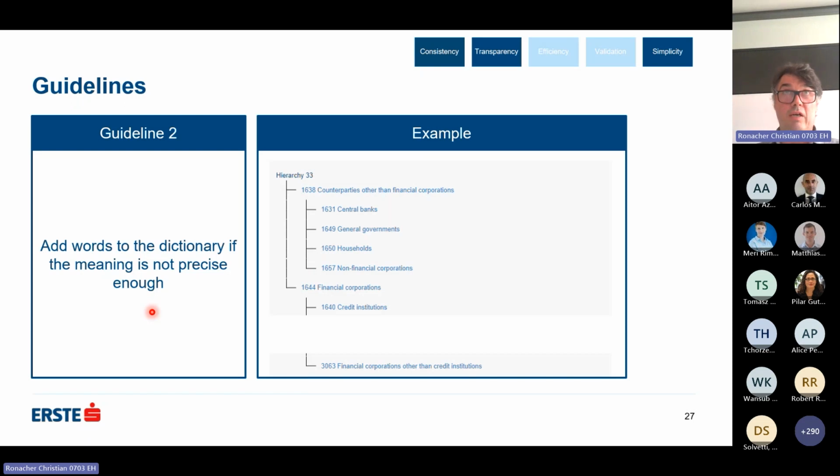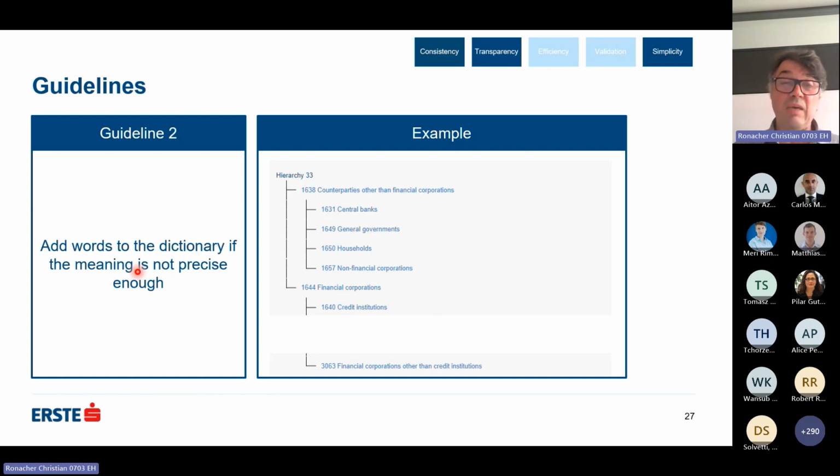So one example here. This is the FINREP counterparty sector hierarchy. And we found out that for all tables, this hierarchy works very well. But there was one table where the results weren't as expected. And first we thought the expected result is wrong.